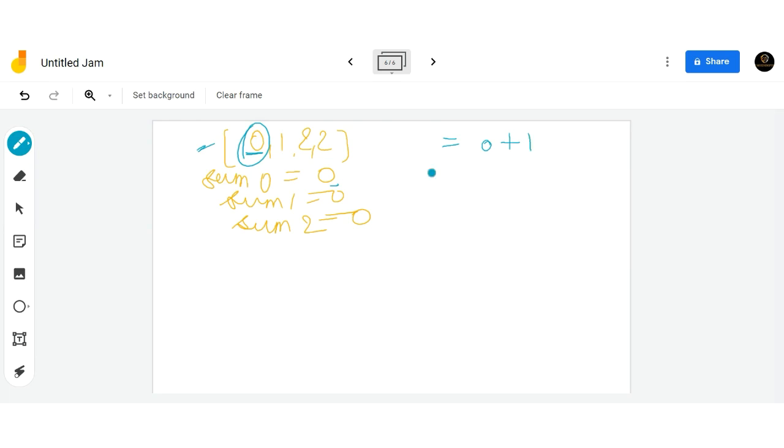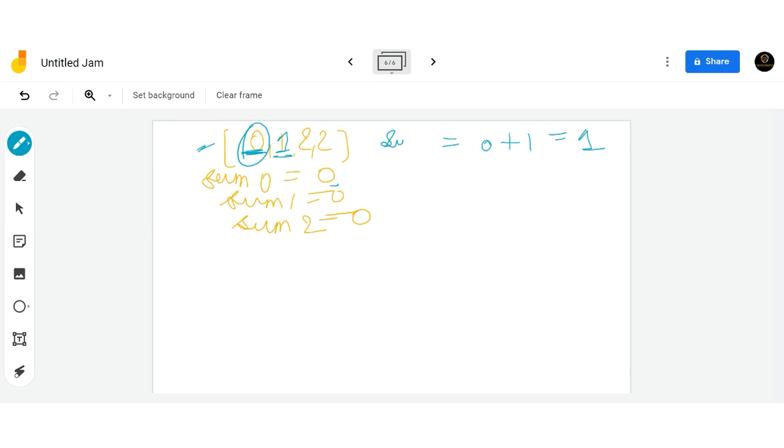So it is 1. Because when 0 is appended with 1 and 2, it can form a subsequence. So we are adding this 0 to our subsequences. So it is nothing but 1.